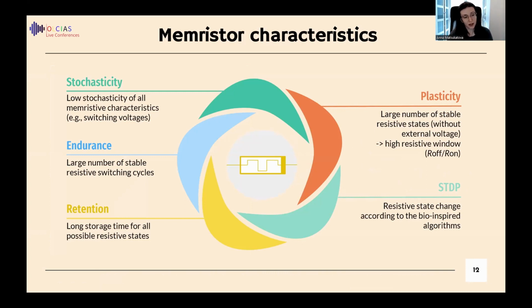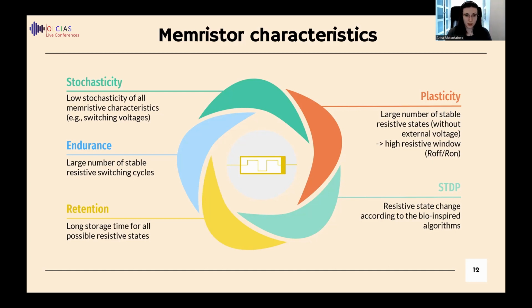It should have high endurance, a large number of stable resistive switching cycles. It should have good retention, so it should store its resistive states for a long time. It should have high plasticity, a large number of stable resistive states. And also it should be able to change its resistive state according to the bio-inspired algorithms. So one simple structure, a sandwich structure, metal, insulator, metal, should have all of these characteristics at the same